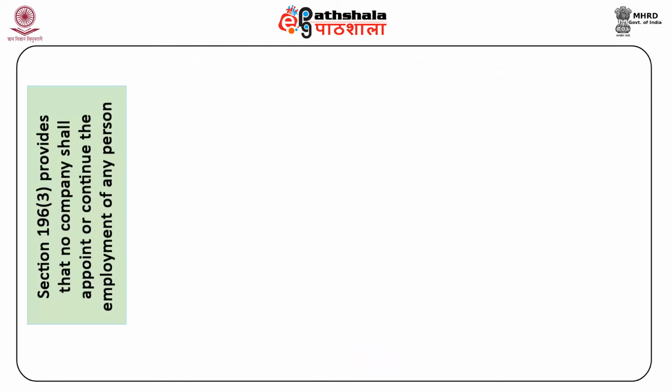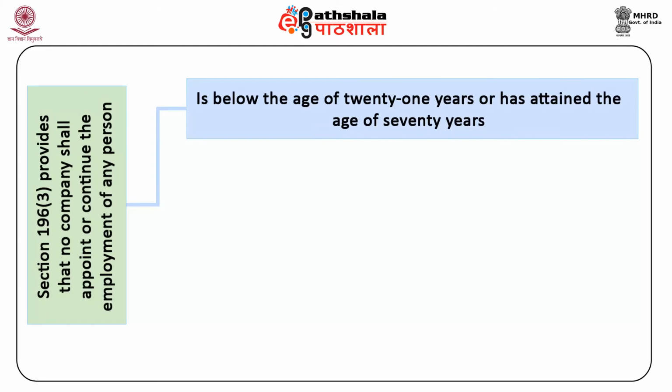Section 196, subsection 3 provides that no company shall appoint or continue the employment of any person as managing director, whole-time director, or manager who, first, is below the age of 21 years or has attained the age of 70